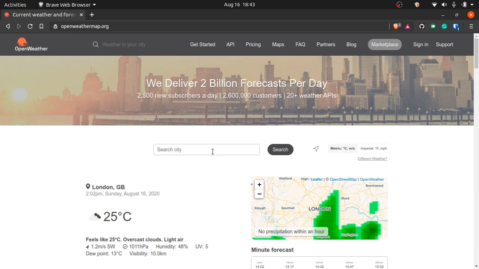Have you ever thought about how you get your weather data? Like, how does Google get the information about your city and then give you the temperature and whether it's going to rain? Have you ever wanted to make a Python app for that? In this tutorial series, we'll be learning how to make a Python app.